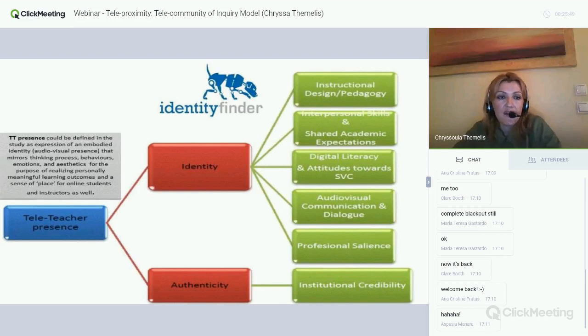So, tele-teacher presence could be defined in the study as an expression of embodied identity that mirrors thinking processes, behaviors, emotions, and aesthetics for the purpose of realizing personally meaningful learning outcomes and a sense of place for online students and instructors as well. According to my informants, by being present through video communication, you enhance the authenticity and institutional credibility.